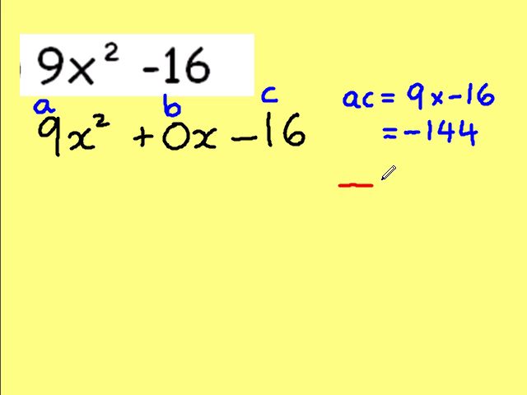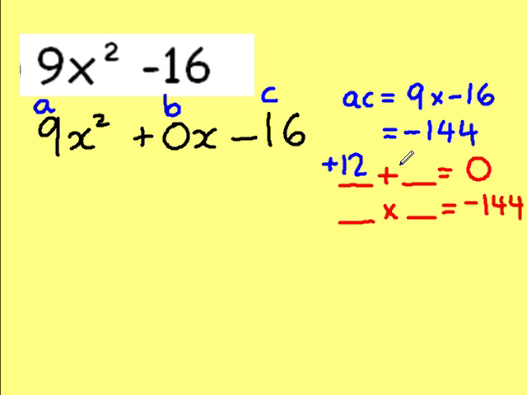So I'm looking to find two numbers when added will give me B, in this case 0, and when multiplied will give me my AC number of minus 144. Now the only two numbers that will do that will be plus 12 and minus 12. So breaking the middle into two factors gives me